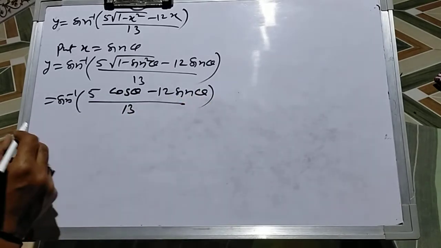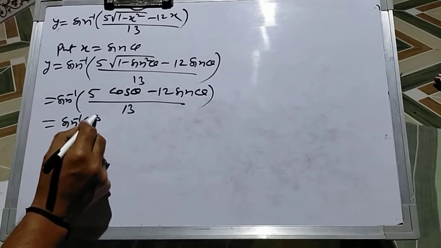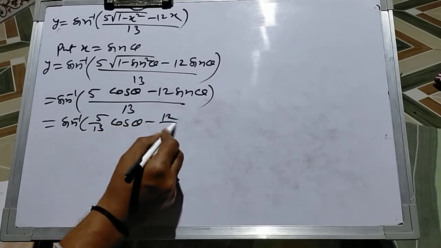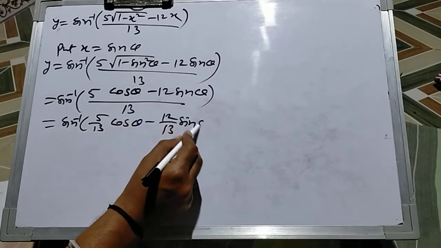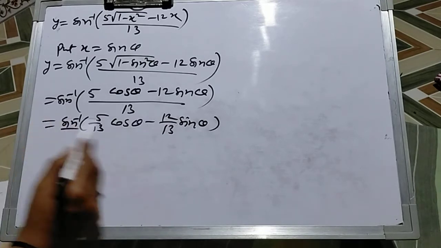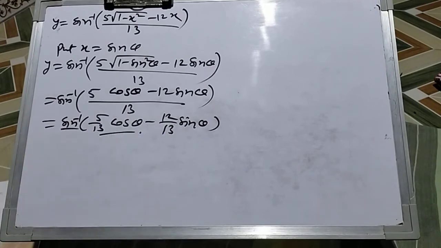So we divide by 13. So y equals sine inverse of 5 divided by 13 cos theta minus 12 divided by 13 sine theta. Now here the term is sine inverse, so we convert this term in terms of sine. So we put here